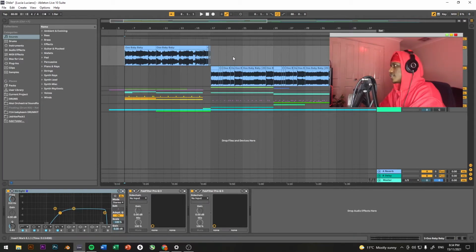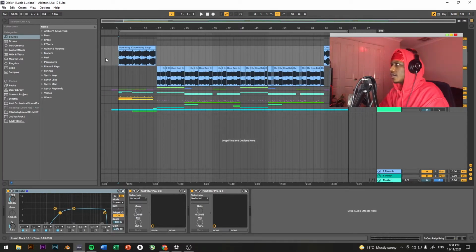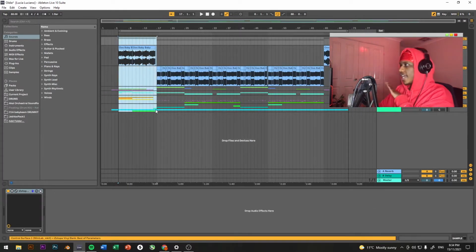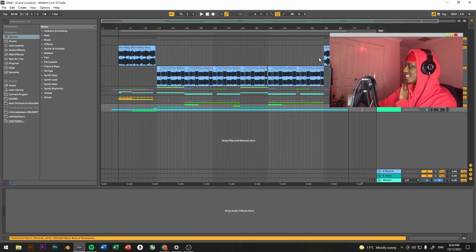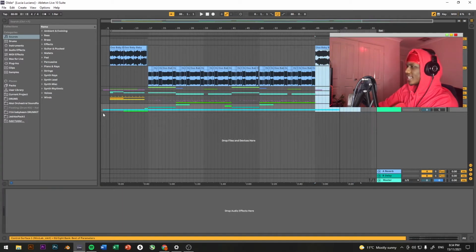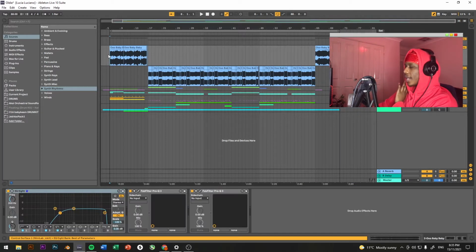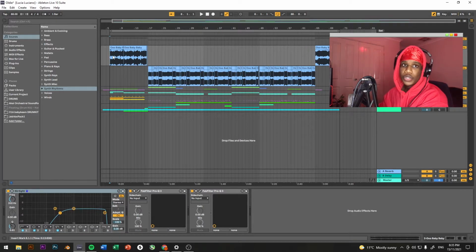There are like 3 sections to the sample in the song. I have the first section, which just outlines what the sample is, then I chop it up and do my thing, and then the last section is just an outro section, which is just the sample playing again. Very simple, but I'll play for you guys the first section and then I'll break down what I did to it.